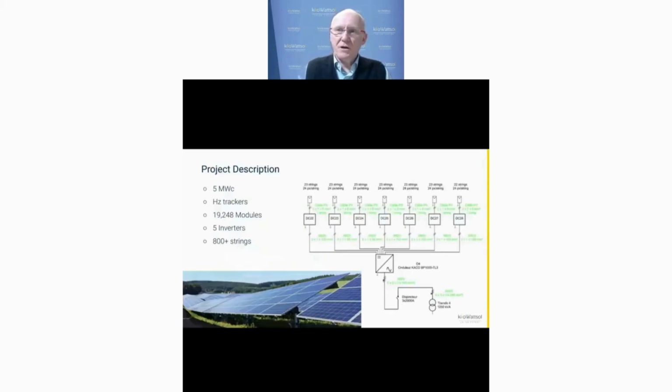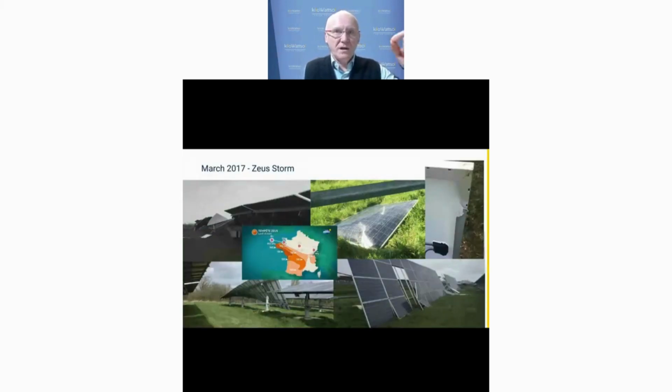And the story really started in March 2017, when a storm named Zeus hit France with very high wind speeds, 130 kilometers per hour. I don't know what that is in other units, but it's serious wind. Unfortunately, the PV plant was hit by the storm, with a lot of defaults. And this was the starting point of the story, because from this day, the plant,